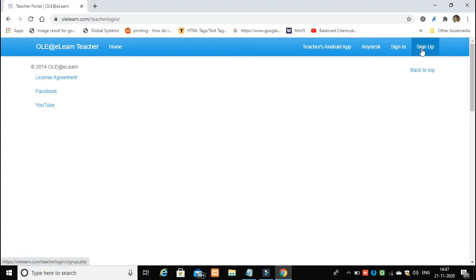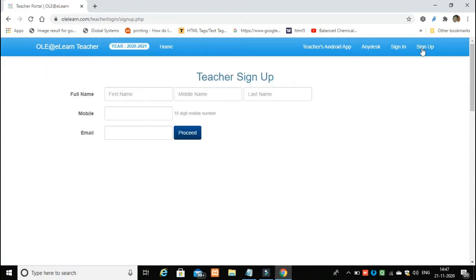If the teacher does not have an account, the teacher has to click on the sign up button, put the name of the teacher, the real name I will say, put the mobile number, then put the email ID, and then say proceed.